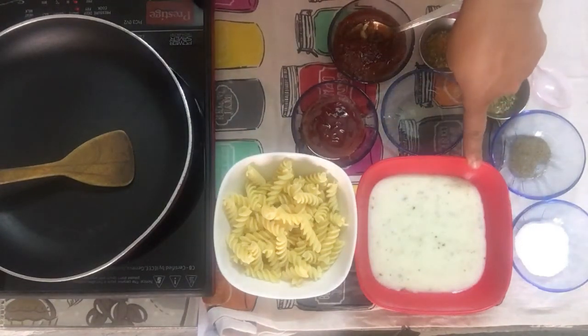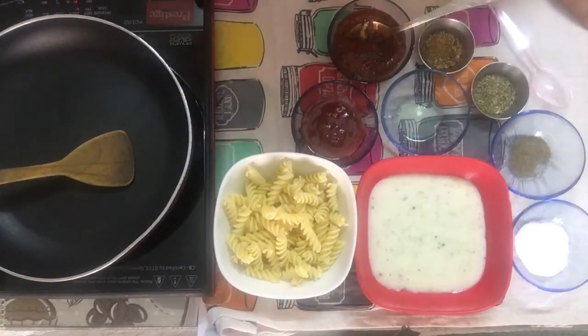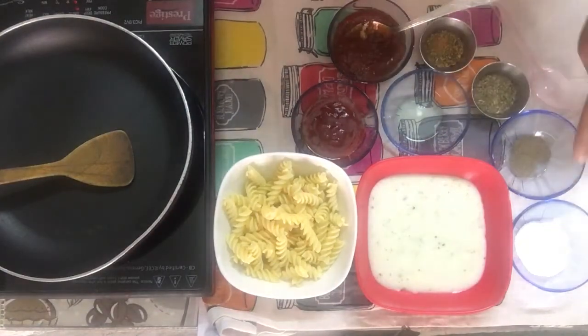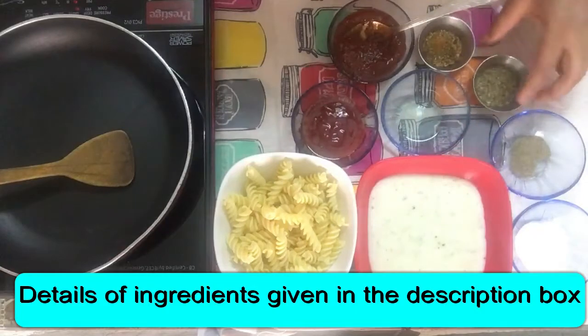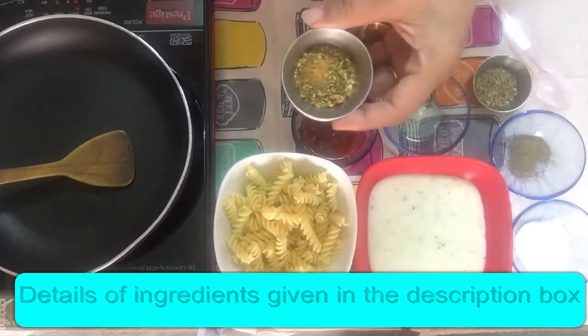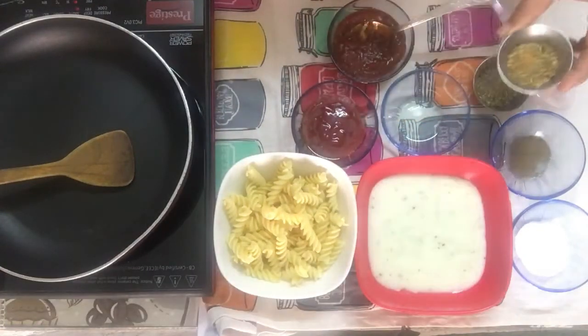1 cup of white sauce. How to make white sauce I've already shown in my previous video, you can refer to the previous video. Salt and pepper to taste, oregano, all-purpose seasoning or pizza seasoning,